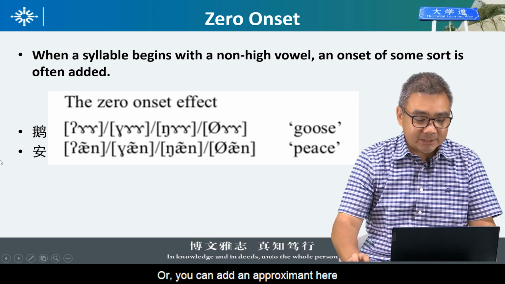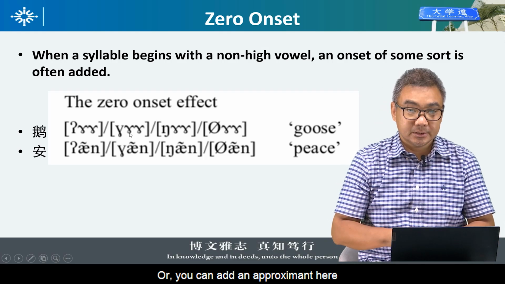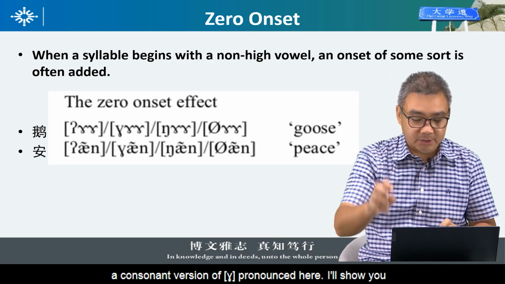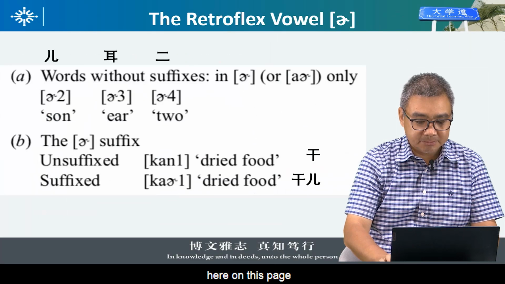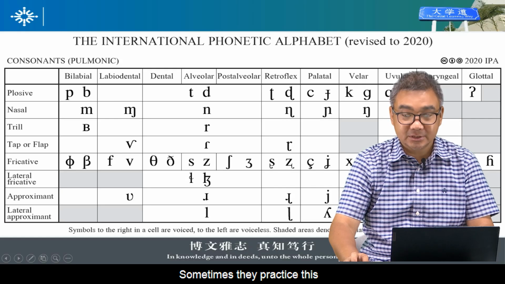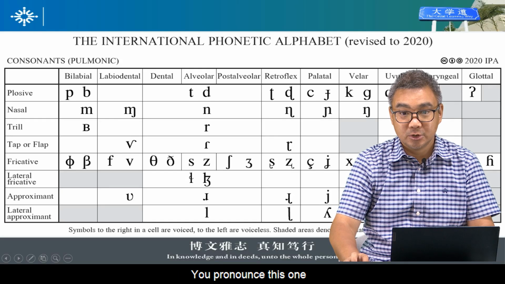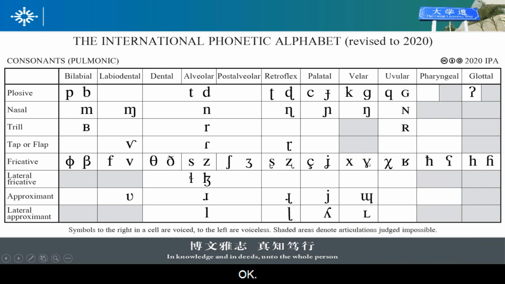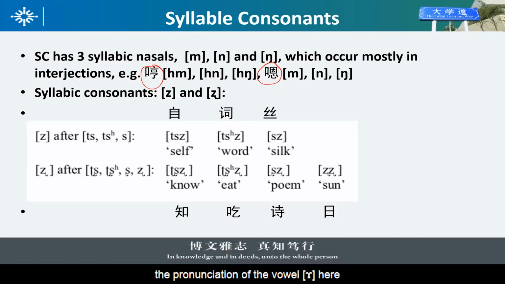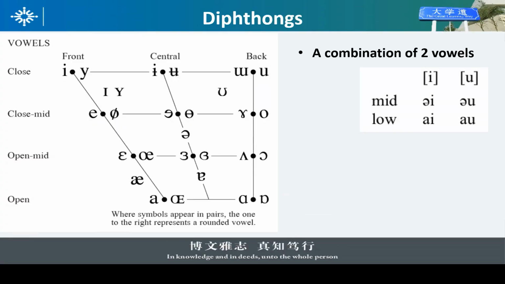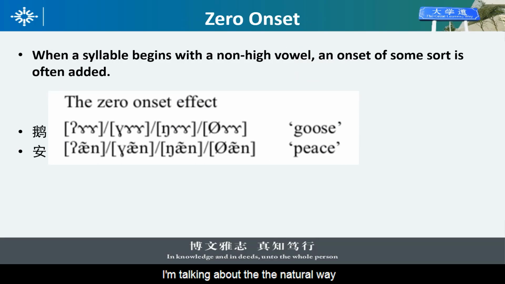or you can add an approximant here, a consonant version of the vowel. All right, practice here. I'll show you here on this page. Sometimes you practice this. You pronounce this one. You pronounce this one. Okay. That means there is slight friction before the pronunciation of the vowel here. Okay, I'm talking about the natural way, or even a nasal velar,